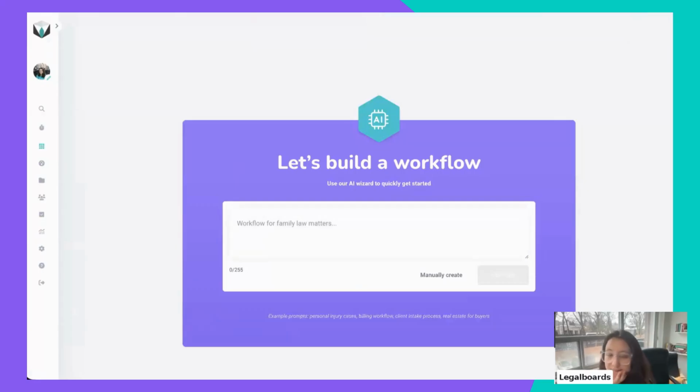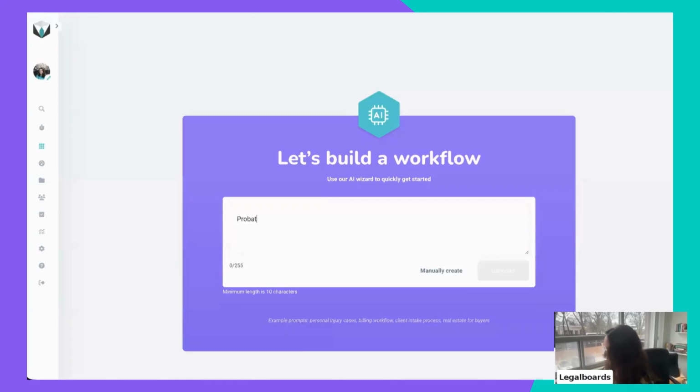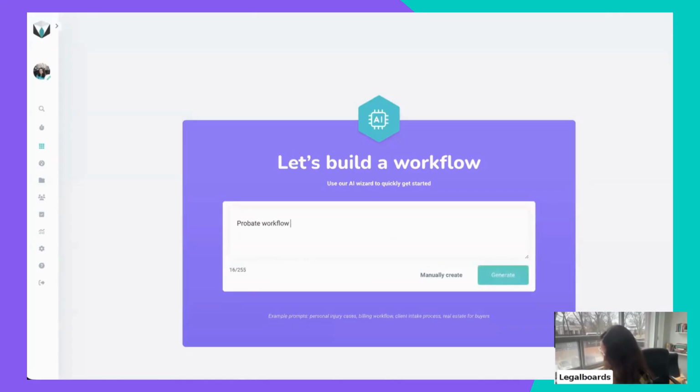So I see here we have most of the people from estate planning and probate. So I'm gonna ask for a probate workflow. Let's take a simple probate workflow.